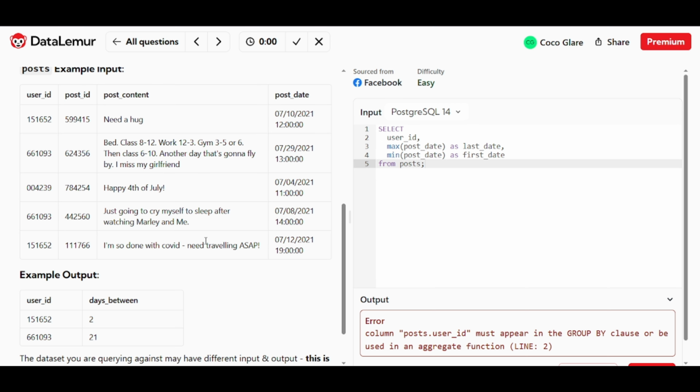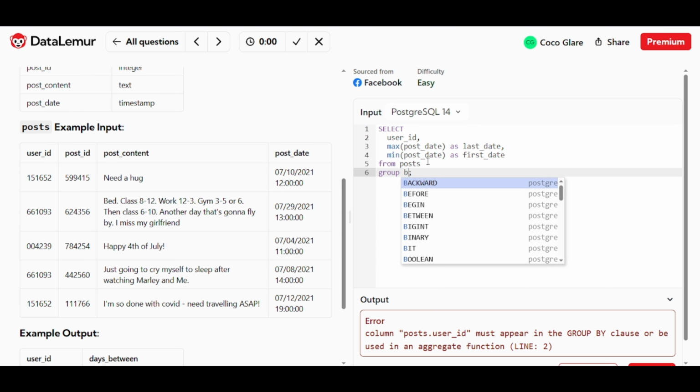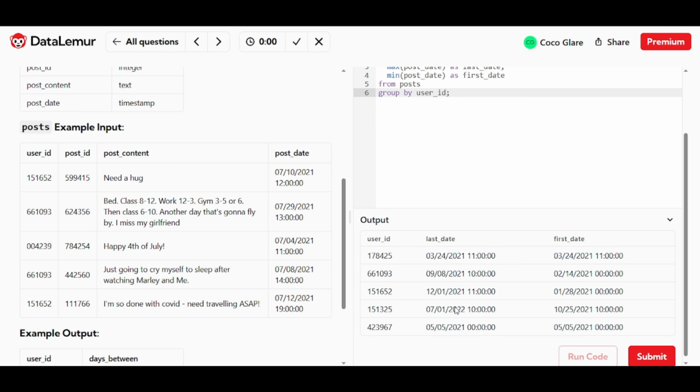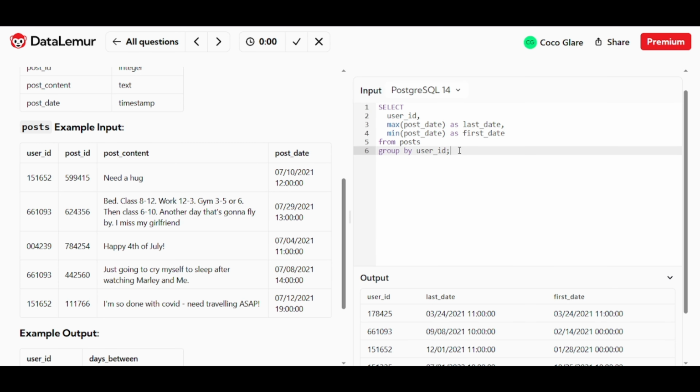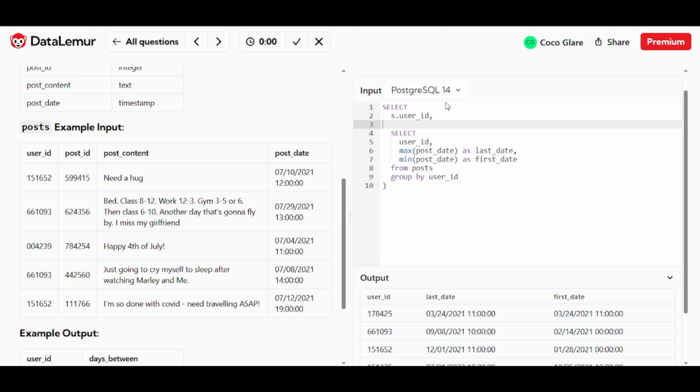Okay, then group by user ID, because we are finding the maximum and minimum for each user ID. Now what we have to do is use this as a subquery, and select the user ID, or subtable dot user ID, from this table as S, where